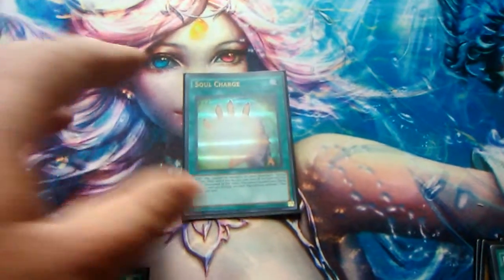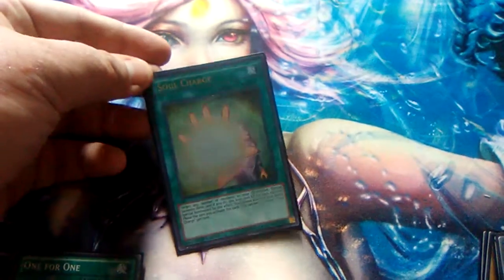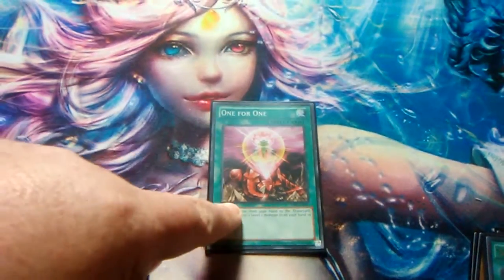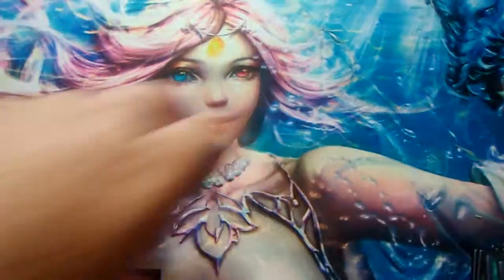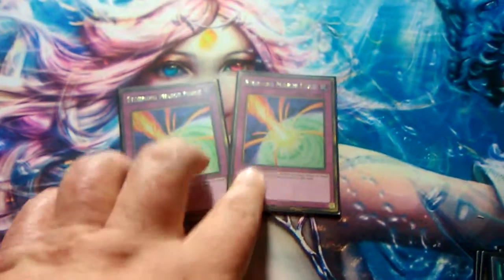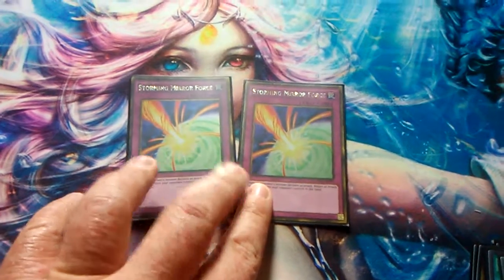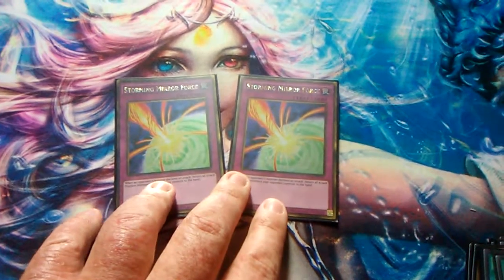Soul Charge, I mean, you just don't not run Soul Charge. It's too good. 1 for 1 for the Glow Up Bulb. And then to round off, I run 2 traps, and I run Stormy Mirror Force, just really strong competitively, and